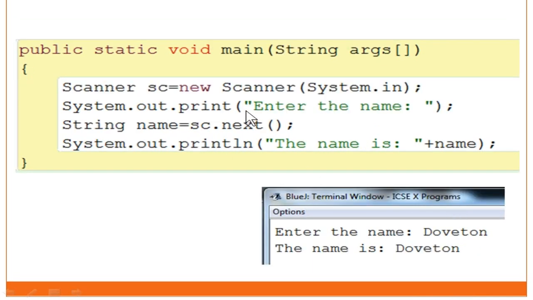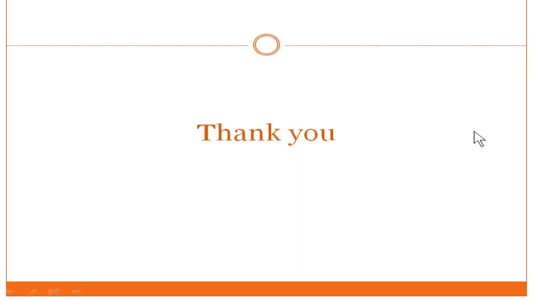Now if you use an input statement to get the values, what happens if I use print? Here you can see if I use System.out.print, enter the name, as the definition says, the cursor will wait after displaying this message. So you can see enter the name and the cursor is waiting here, so that when you enter something, that is the input, it will store it into this name. So where you enter is in the same line itself. After you press enter, it will store that string into the name, and then you print the name here, so it will display it on the screen. So this is how System.out.print and System.out.println work.